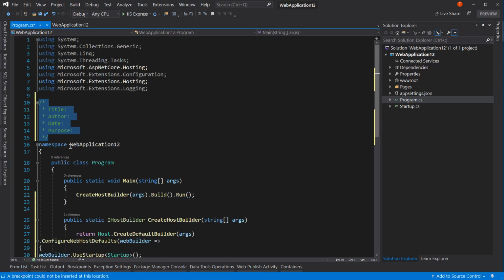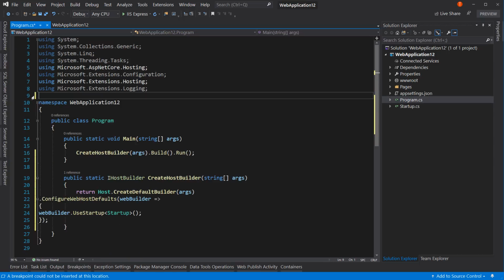Now, we can probably do a little better with this because we can fill in the author. We can have a space here for title and author, and you can tab through kind of like you do with auto properties, where you fill out the type and then you tab to fill out the name. We could even fill in the date automatically, probably, but we're not going to do that with our header. Instead, we're going to move on to the next snippet, which is actually an